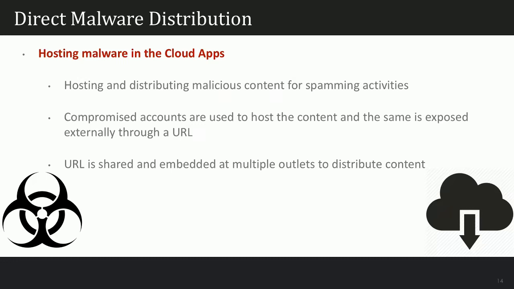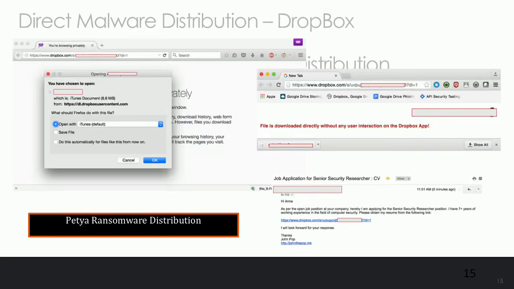Let's take a look at a couple of examples. Some of the functionalities we want to look into when doing threat analysis around cloud apps are how the URL is shared, how it is generated, and whether they have some kind of binary check implemented where the user doesn't have to click on certain things on the cloud app, but by default, the file gets downloaded onto your system. All these things really help attackers to lower the attack surface.